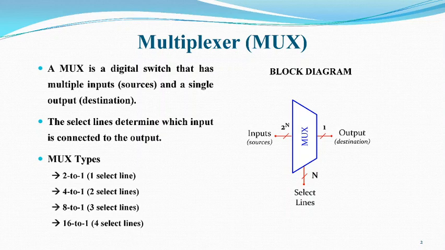A multiplexer can be designed with various inputs according to our needs. If we have 4 inputs and we want to select a single one, then we can use a 4 to 1 multiplexer. If we have 8 inputs, we can design a multiplexer with 8 input lines, but the selection lines should be in accordance with the input lines.